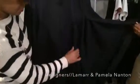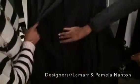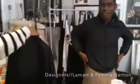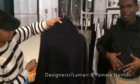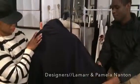Oh, that's beautiful. It has a tuck going inward, which is so slimming. And then on the inside you have a band, the band that's stretched. So it'll feel like a belt, little security in the back. So that just brings everything into the body. So it hugs the body, gives it shape. So even though you have the volume of the cape, it's not just a sack that you have over your body. The body part actually gives you the shape that you need, and then the sleeves give you the freedom